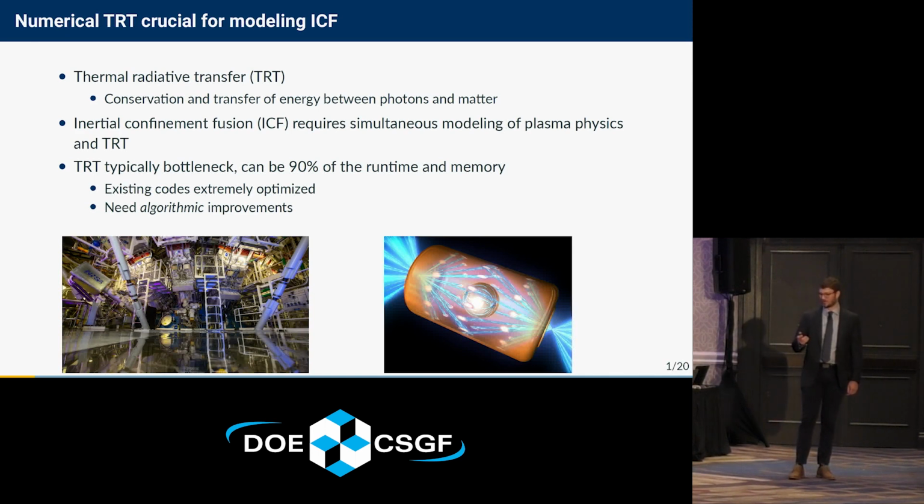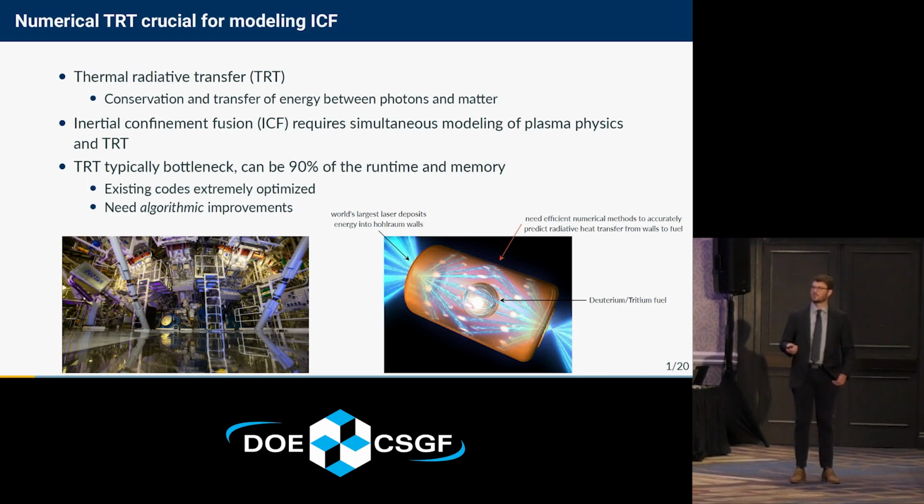I'm showing the National Ignition Facility. It's at Lawrence Livermore National Lab. Inside of this dome, this target chamber is the hohlraum, and inside of the hohlraum there are isotopes of hydrogen. The world's largest laser comes in and heats up this hohlraum, the walls of the cylinder, to high temperatures. And the goal of this talk is to develop efficient numerical methods to trace the radiative heat transfer from the